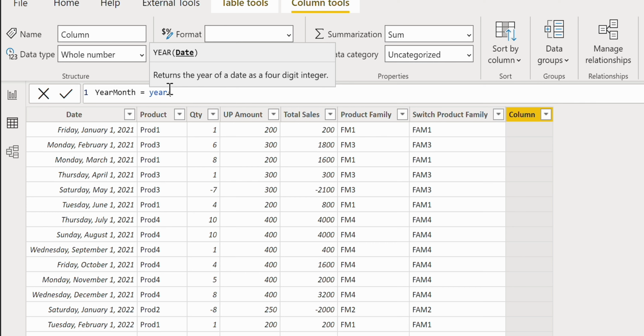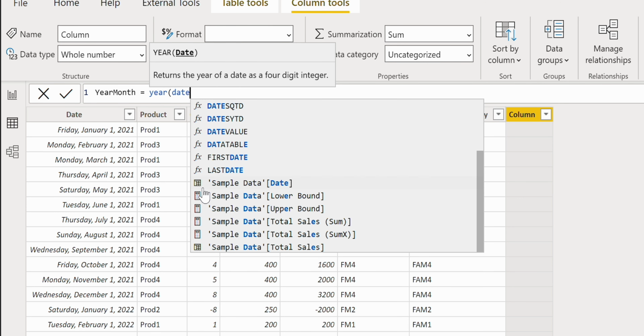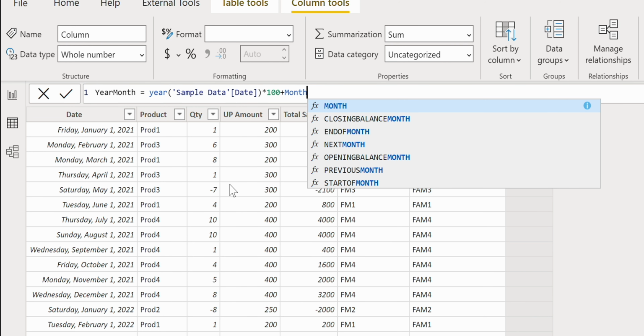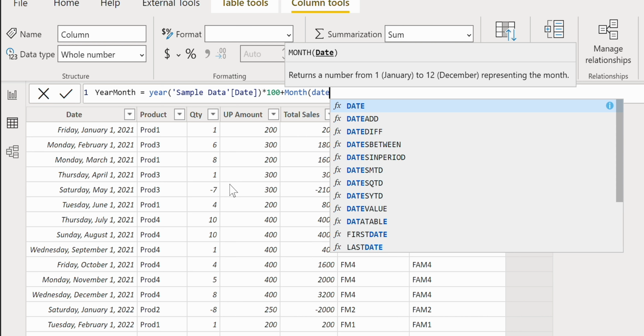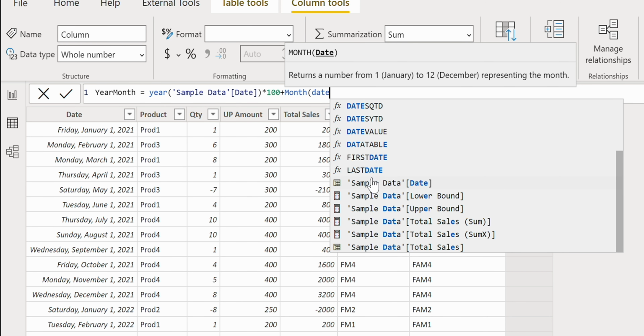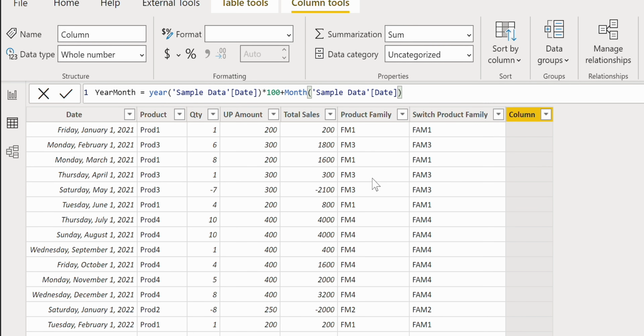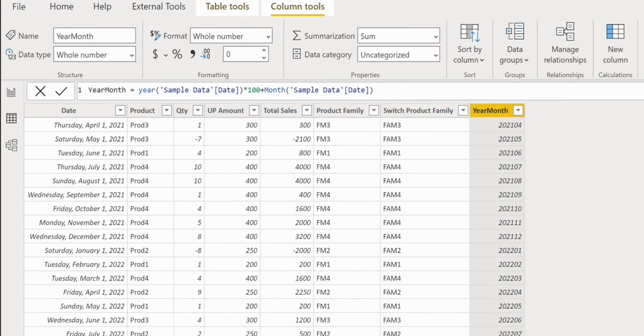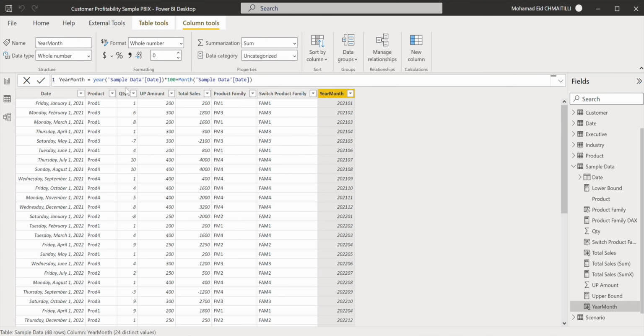And what I will do is add the date from the sample data, close the bracket, multiply by 100, and add to it month from the date, sample data, date, and here you will have year plus month. So as you will see here, the column will show 2021, 01, 02, 03, 11, 12, and so on. This is a very nice formula to learn year, month, and something you can consider a tip